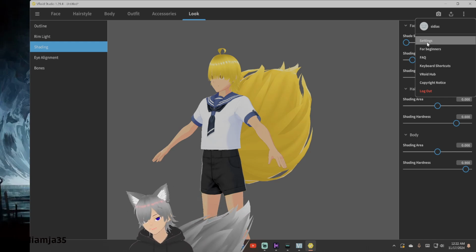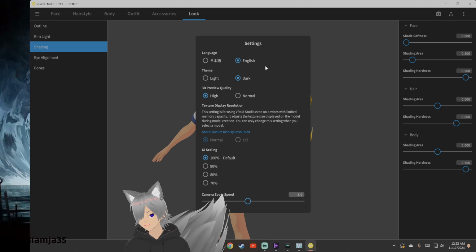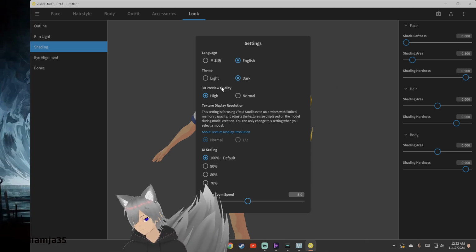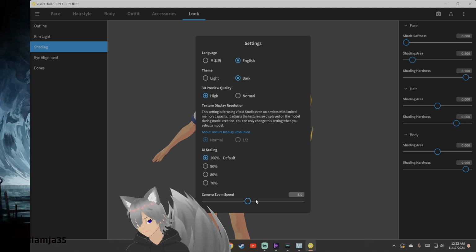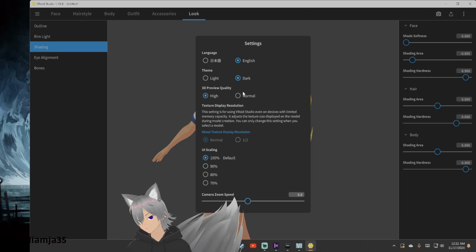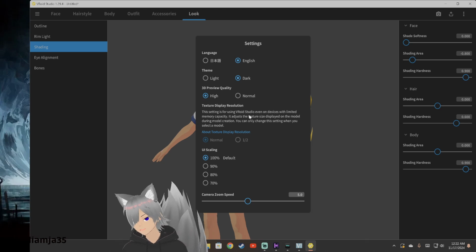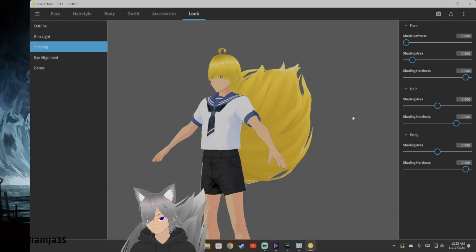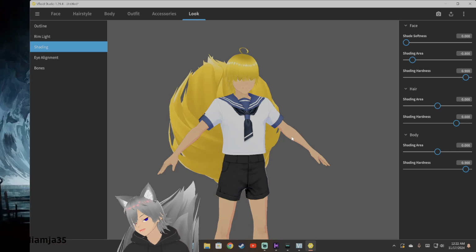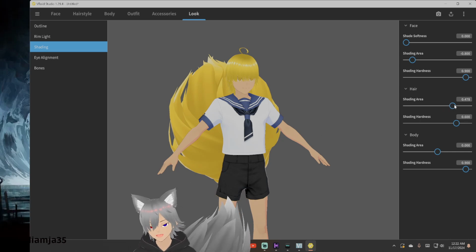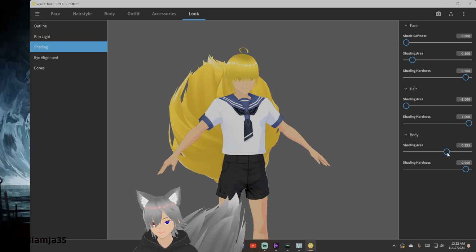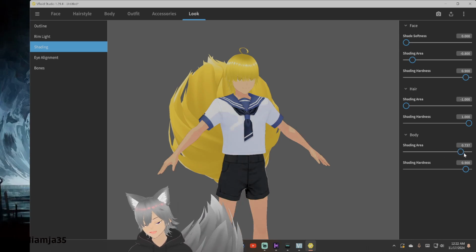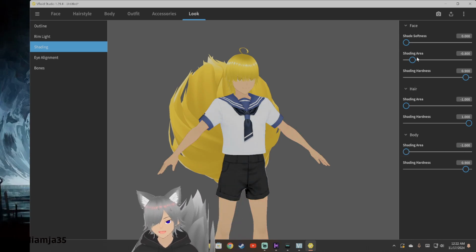It's also where the settings are for light or dark mode, or if you want it in another language. There's also the UI scale and camera zoom speed, or if you want the detail higher or lower, or resolution or quality. I have it on high because why not? It also changes shading area or the hardness of it. Like, so if he's in shadows or whatnot,